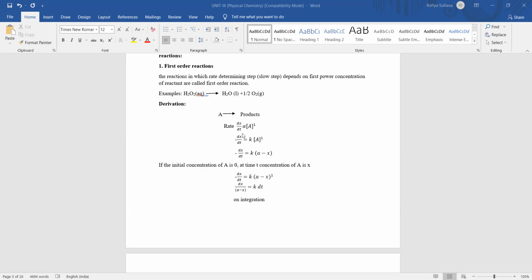So here, as I told you, if the rate of a reaction is directly proportional to the concentration of only one reactant, that is a first order reaction. Here we have taken this example, A is giving rise to product. Concentration is always indicated in square brackets. And rate means what? Change in concentration of reactants with time. All of you write this definition and these equations, just take out your notebook.